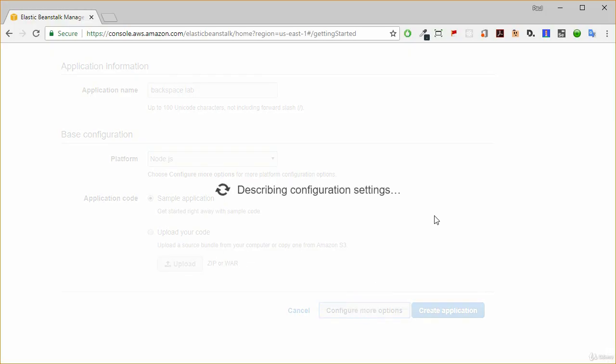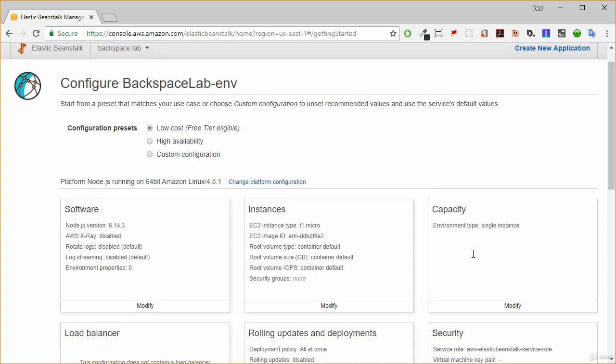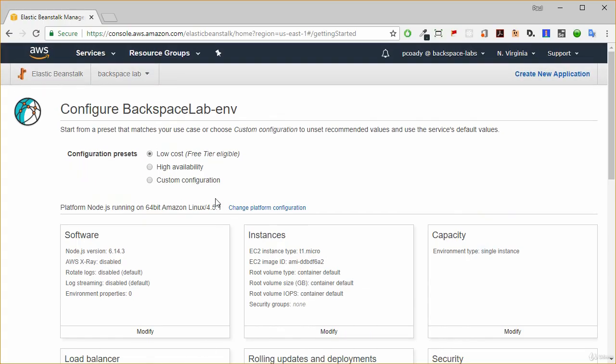Now, if we didn't click on Configure More Options and just clicked straight on Create Application, it would launch our environment as a single instance. So it wouldn't be a highly available and fault-tolerant architecture. As we can see here, our capacity is just a single instance and we don't have a load balancer. So what we need to do is select high availability,